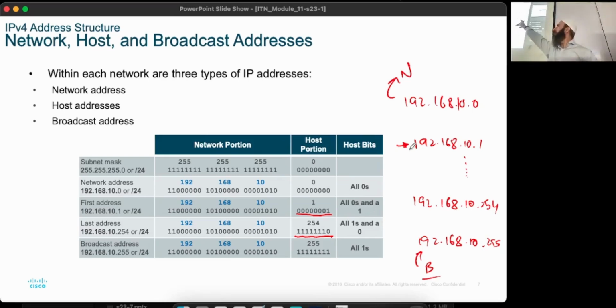Sometimes it's 192.168.10.1. Sometimes it's the last address. But in all the slides and in all the books that you read, everybody is going to say by convention, you either use the first address or the last address for the gateway. But in practice, it's almost always the first address. Okay, nobody uses 254. You have to type it, and computer scientists are lazy, right? So it's easy to type 1 than 254. So generally in practice, the first address is given to the gateway. Make sense? Any questions about this?